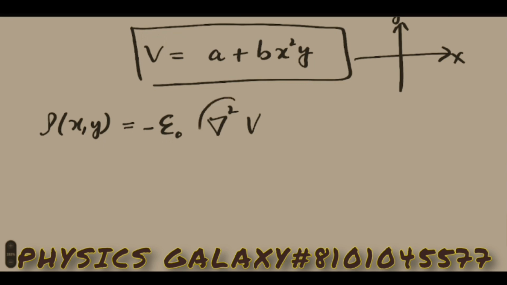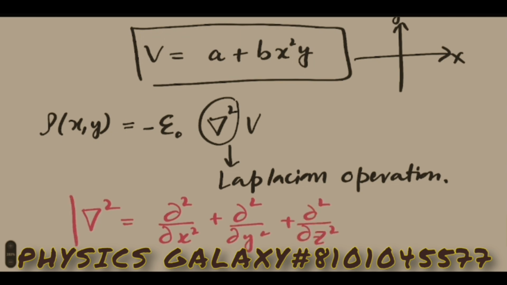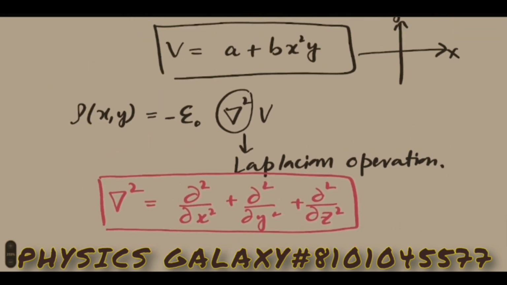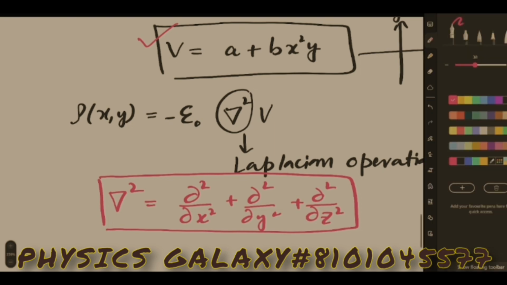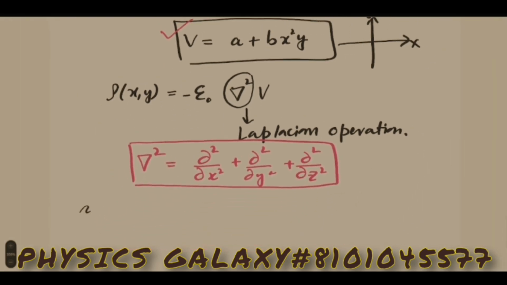Del square is the Laplacian operator. The Laplacian operator can be simply written as dou square by dou x square plus dou square by dou y square plus dou square by dou z square. This is the Laplacian in Cartesian coordinates. So if I apply this Laplacian operator to my potential function, what will I get? I will get simply rho equals minus epsilon naught times